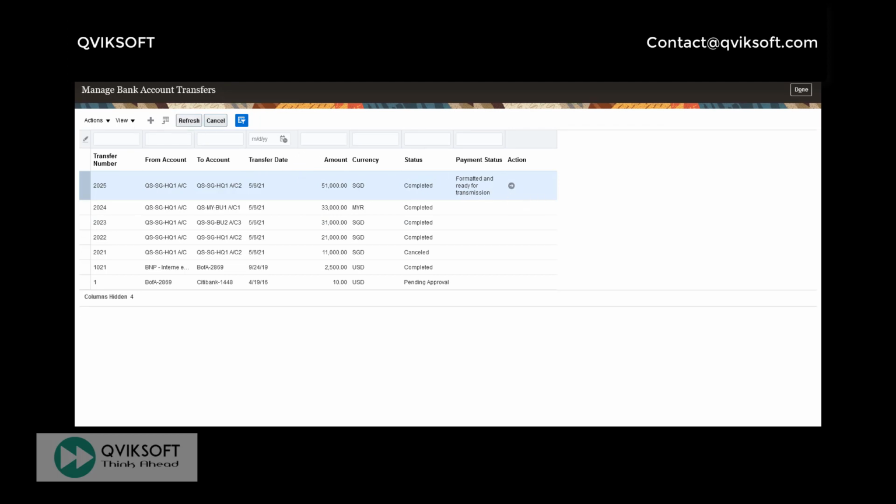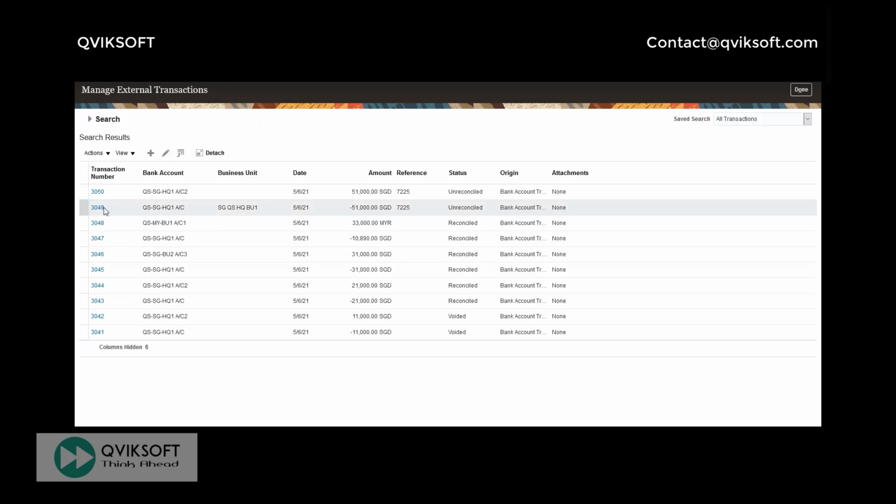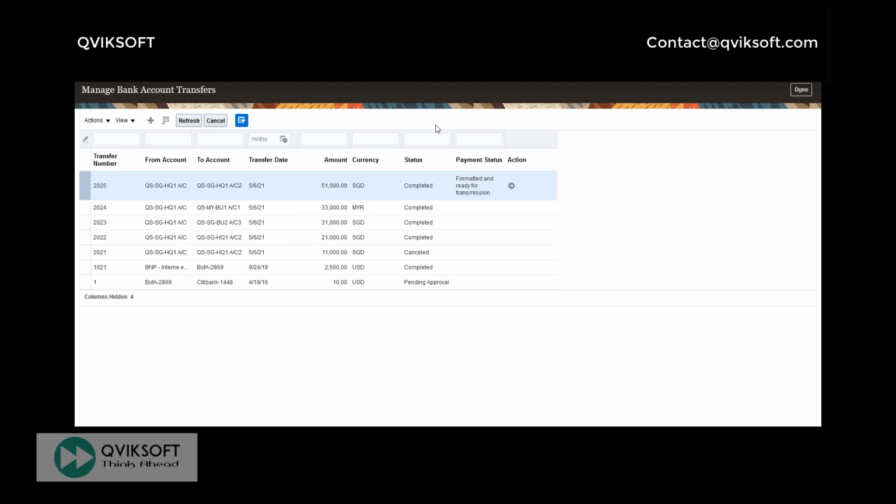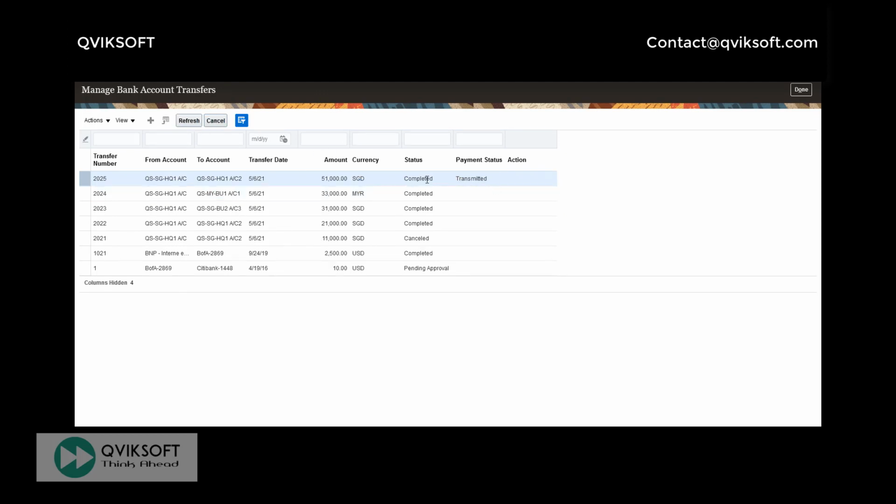While waiting for this process, let me show you the external transaction gets created even for this also. It doesn't matter whether I'm initiating via AP, still you will get external transaction created. Yeah, because accounting will only come from here. AP is only facilitating file transfer for the bank, nothing else. Yeah, so here I refresh. It's been completed and transmitted.